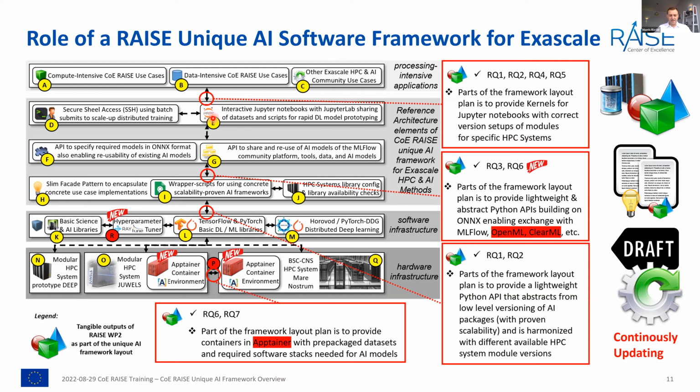That means we have to provide those which run on, let's say, JUWELS, which run on BSC or RTU or the Jülich systems, prototypes. So there's a direct linkage, where we provide components that then work on all these different systems. Our vision for the future is, of course, that Jupyter might be available on more and more EuroHPC machines, like Karolina and so on, to LUMI. So in this sense, we will also work with RAISE to make it available for all the different EuroHPC systems in cooperation with the national competence centers and the EuroHPC hosting sites, of course.